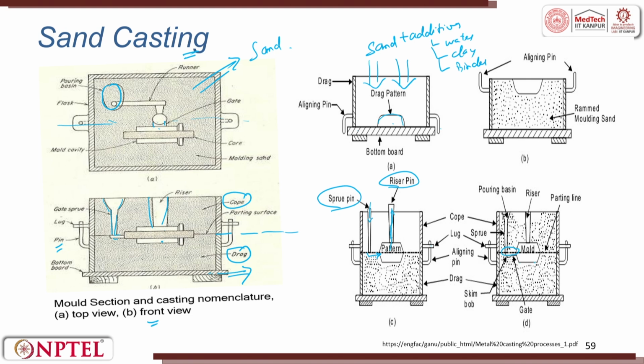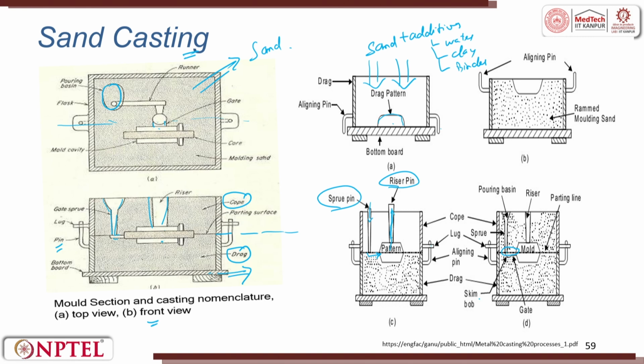As soon as you place the pattern here, before placing the pattern on the top, what we do is we try to make the profiles on the cope itself. Then we remove the sprue, we remove the riser, we also remove the pattern, and then try to make the gate, and then we once again keep it together, assembled, and then we start pouring it. So, pattern, sprue, riser, sand pour, everything is done. Then, once every consolidation is done, again we remove the pattern, remove the riser, remove the sprue, and in the cope portion we make the gate and the runner.